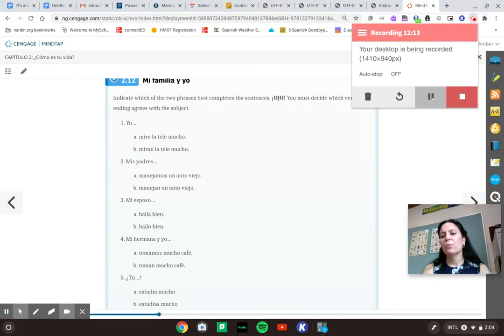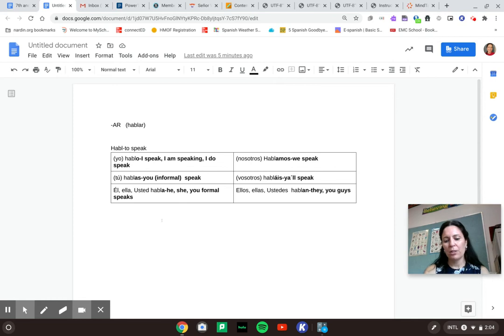So now you can use those verb conjugations that you just wrote down because we want to look at some sentences here. We're looking at número uno, it says yo, and we know that we're using the verb mirar. Mirar is to watch. Mirar is just another example of an AR verb. So we're going to do the same thing. We're going to take off our AR, and we're left with mir, and we're going to say miro, I watch. Miras, you watch. Mira, he or she watches. I'm just taking that AR off and putting the endings. We have o, as, a, amos, áis, an.